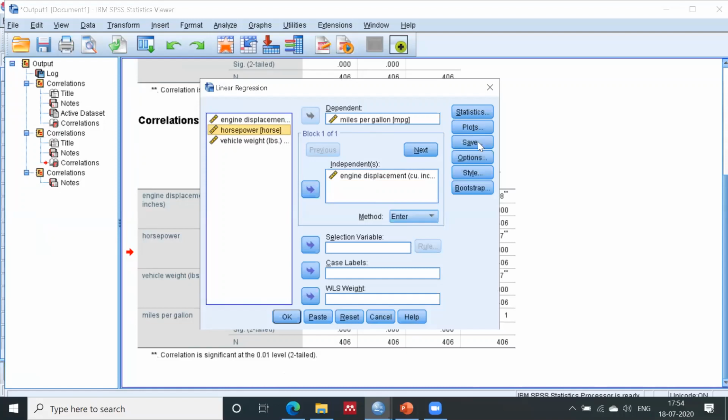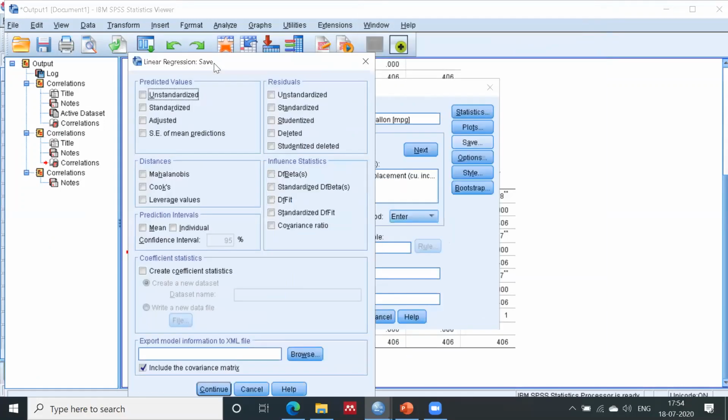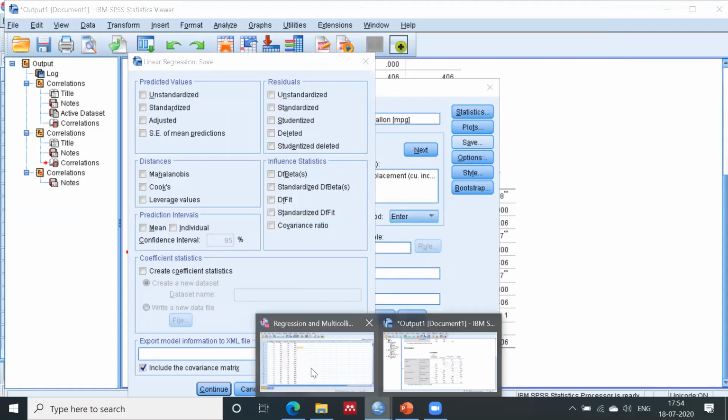Now I was talking about the save option, the save button. Basically, if you check any of the options in the save button, like if I opt this and this, you will get the values in your data view, this one.